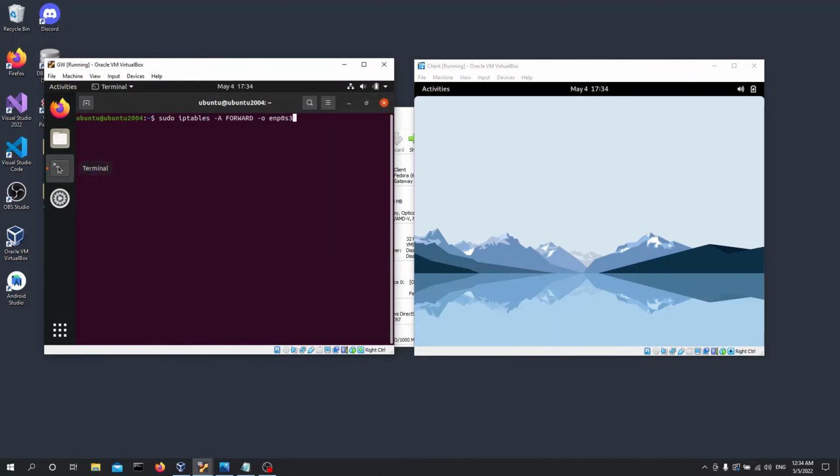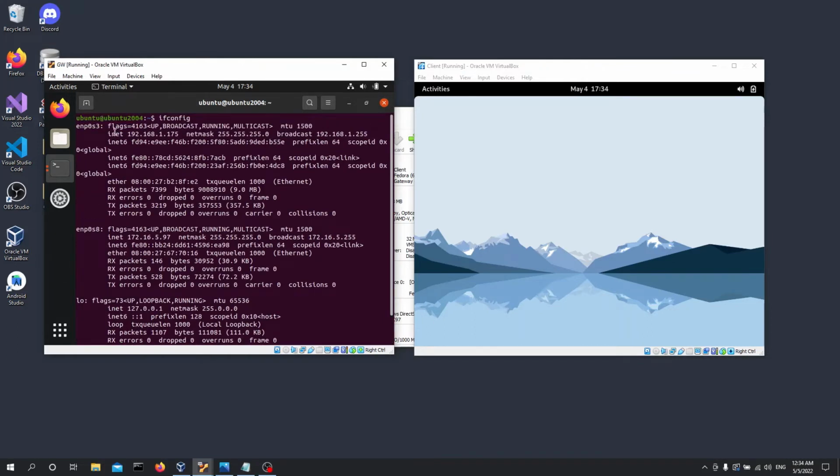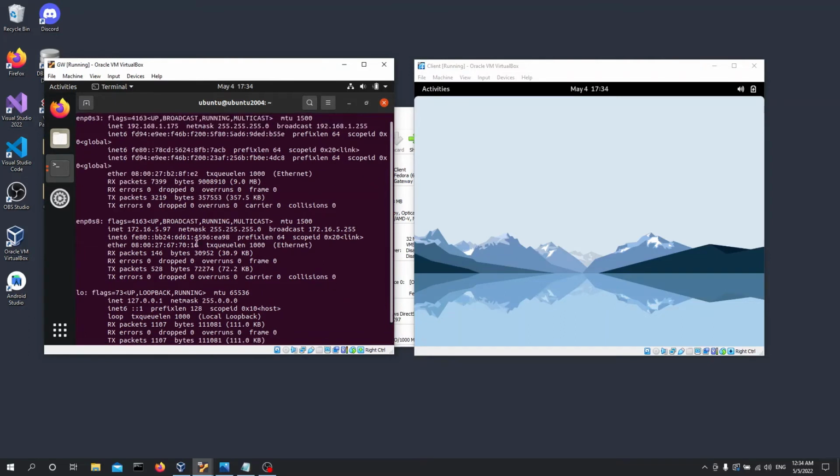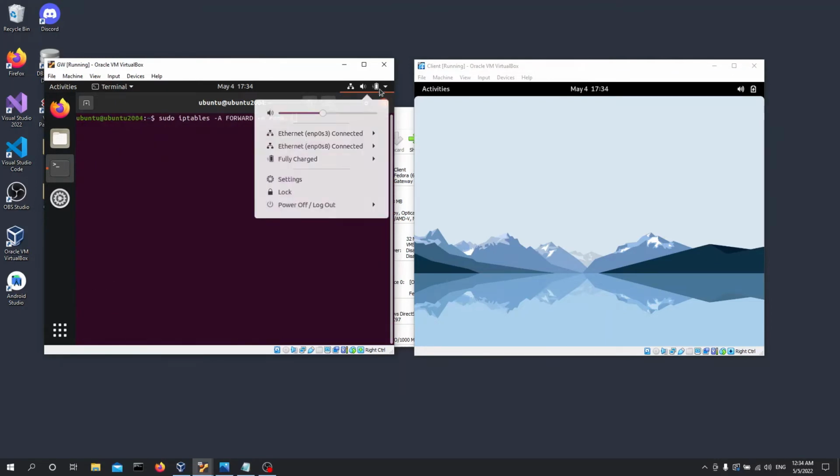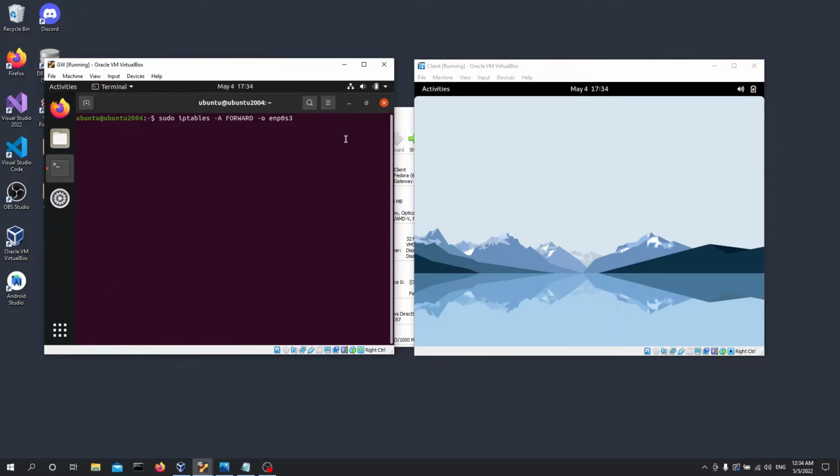To learn what interface you have, you can type ifconfig here. So this one is my bridged adapter here. And if you look at the IP address of this one, this is the internal network that we just configured. Here's its interface, or you can just look here and verify that. Anyway, we want to forward enp0s3 to the interface of